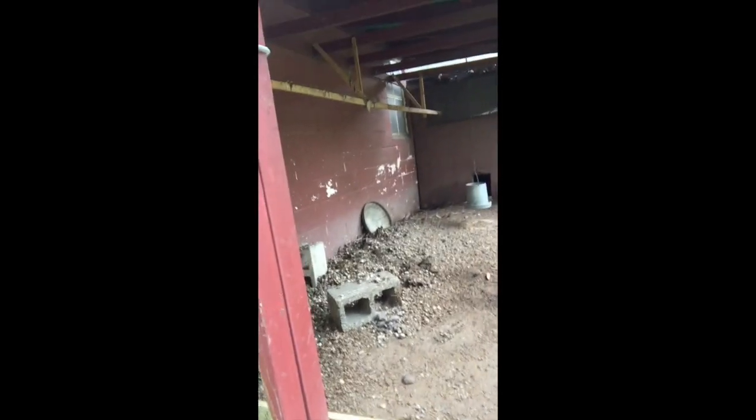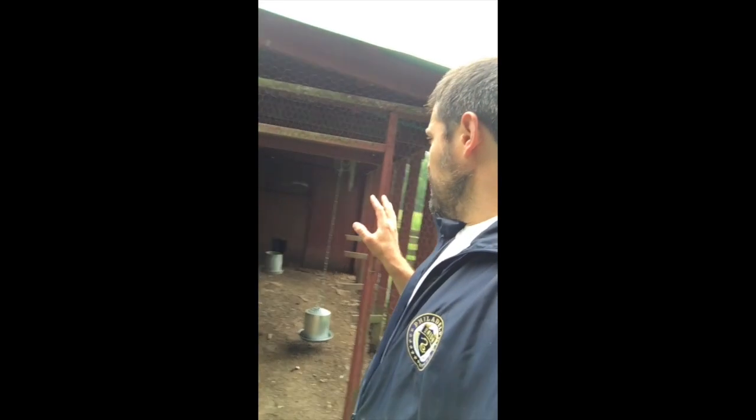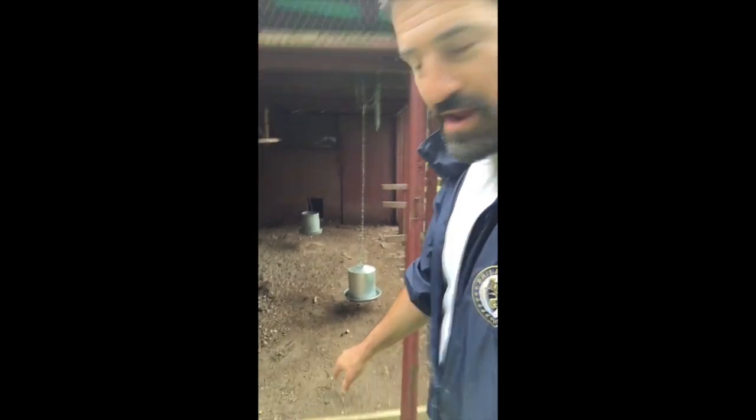And here's what I've done. I've taken just a little leftover wood and just made a little brace here so that the birds will not be inclined to leave this space. And they'll come and run around and be all in here, water, food, whatever. And this is where the big guinea hens live. So the big guinea hens theoretically will be able to get over this. And I say theoretically, even though it's a foot high,